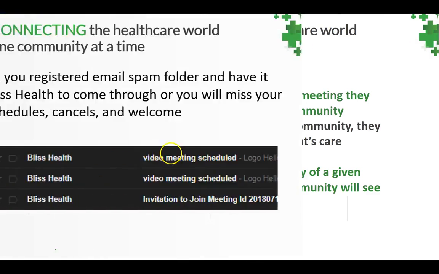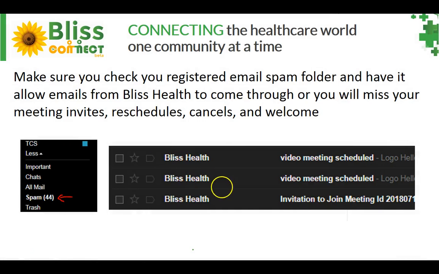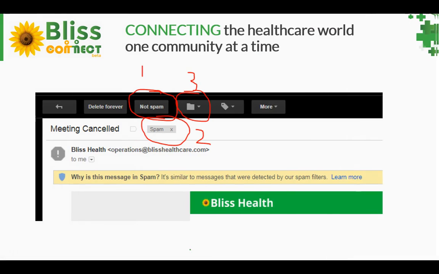It's very important that you make sure you check your spam folder. Even when you register, your email will contain your temporary password. It might go to your spam messages. Here's an example in Gmail where you can come and see your spam messages and see that we've gotten some messages here. Once we select that these messages are not spam, they'll come to your regular email, and then you'll